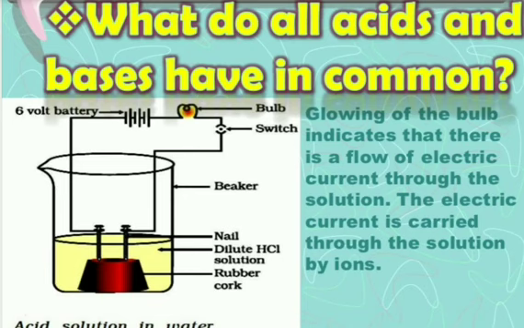That type of reaction is also called a neutralization reaction. Then the third property was when any acid reacts with any metal carbonate, it always forms salt along with water